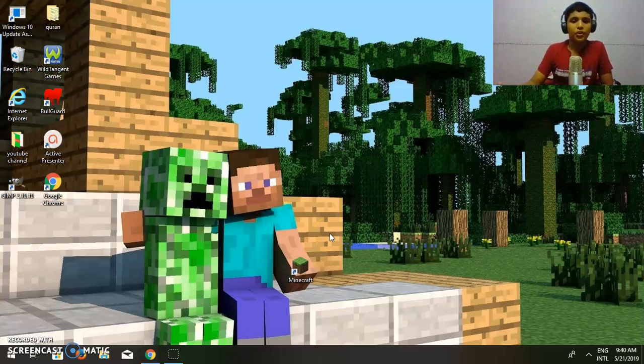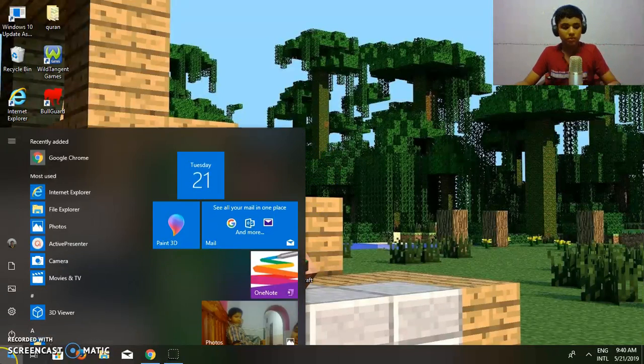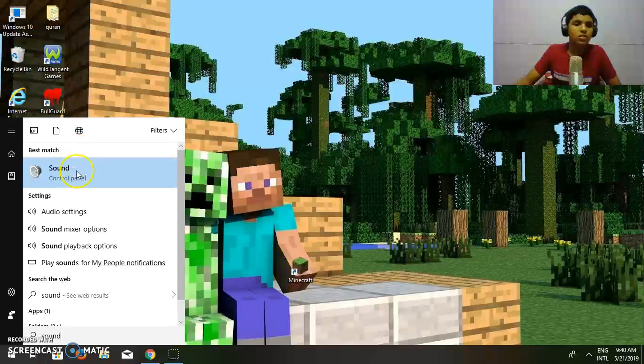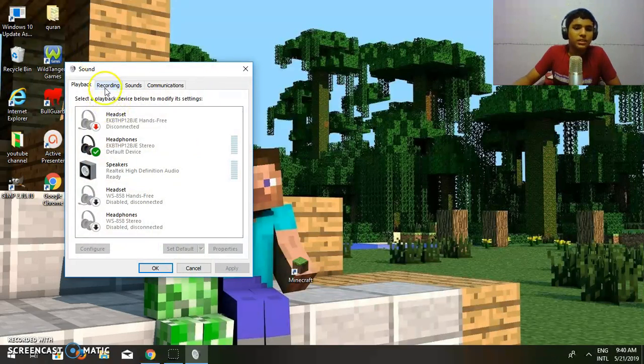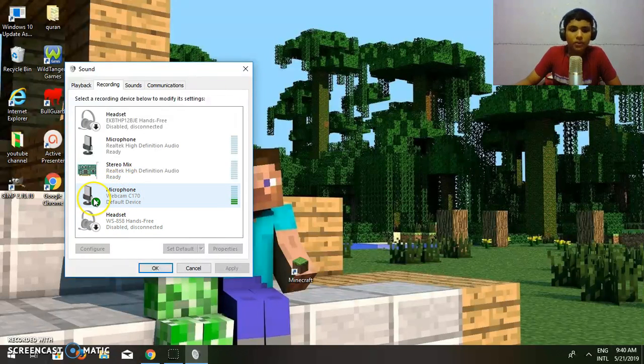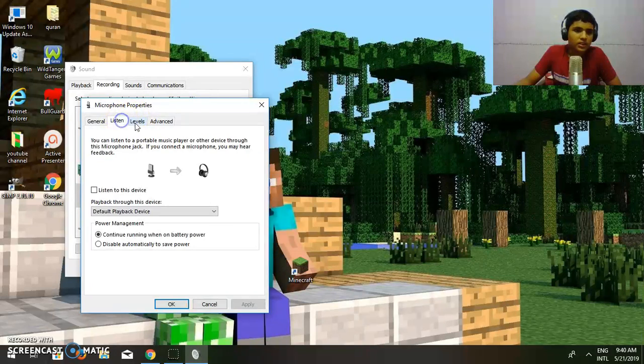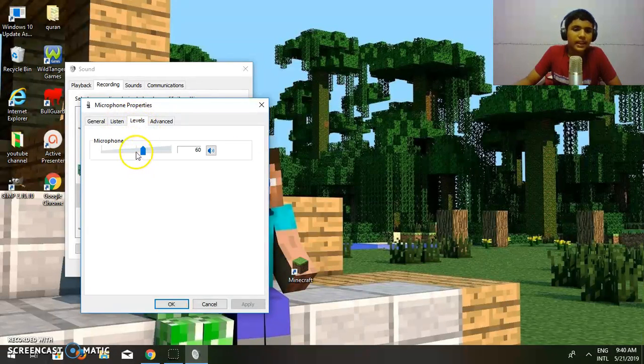In this video, I'm going to show you how to fix your microphone sound settings. First of all, for example, if your microphone doesn't give a very good sound result, then you must go and change this setting. First, go to sound, and you can see this recording bar. Go there, and it shows the enabled microphone device in your PC or Mac or something. So just click on that. Click on properties. As you can see, levels, just increase the levels above 50 and you'll get a good result.